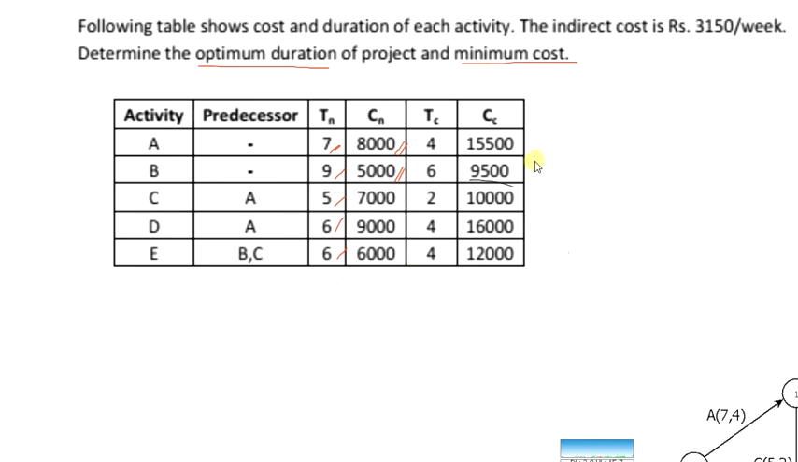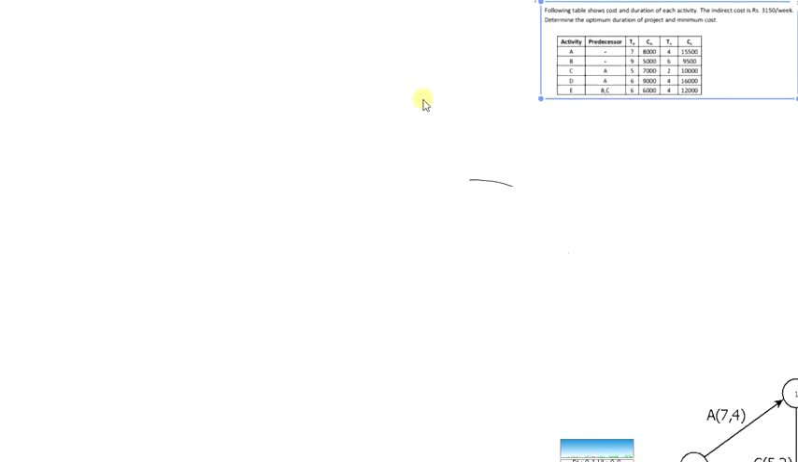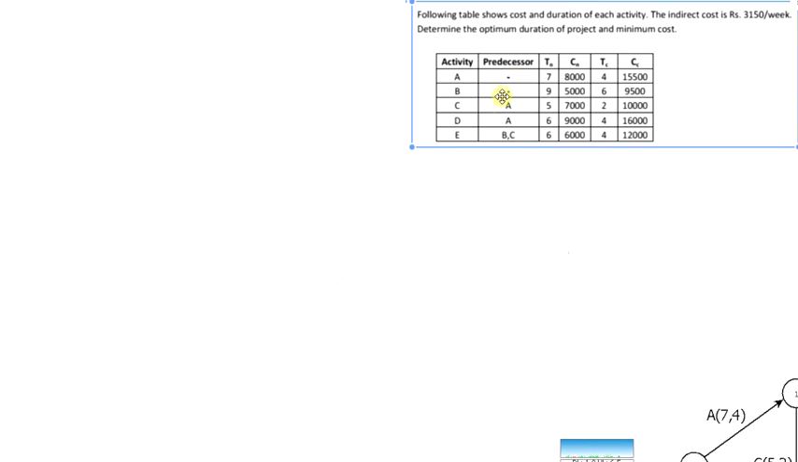So now we will find the optimum duration and minimum cost. For that, first we have to draw the network diagram. How can we draw the network diagram? Starting from A and B, because for A and B we have no predecessor,